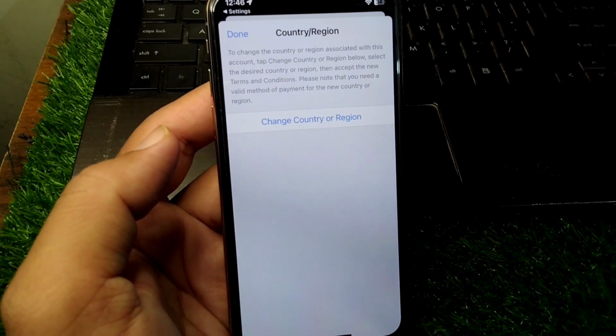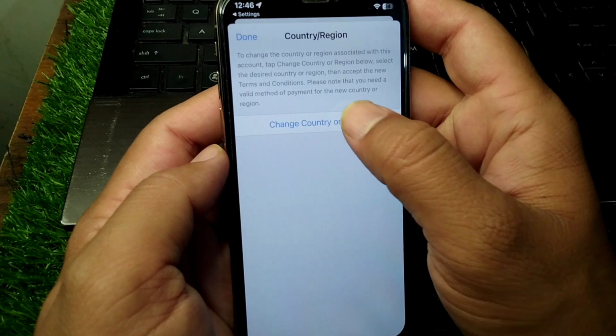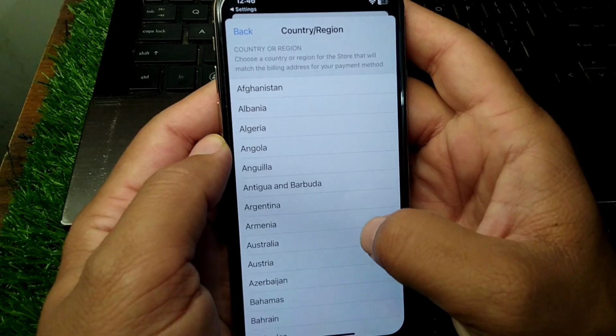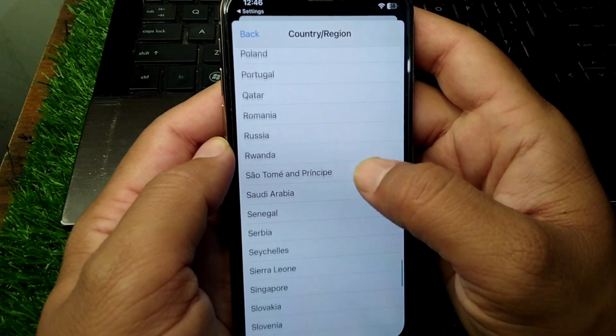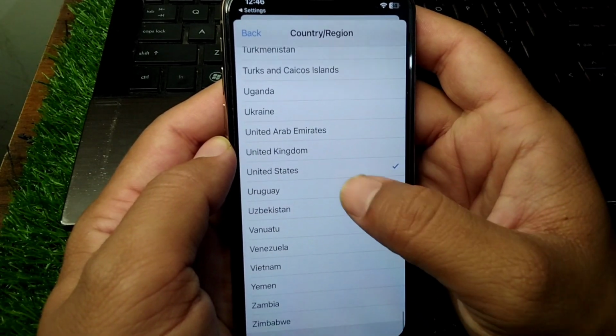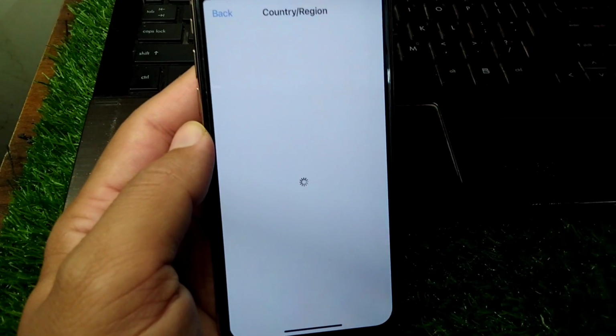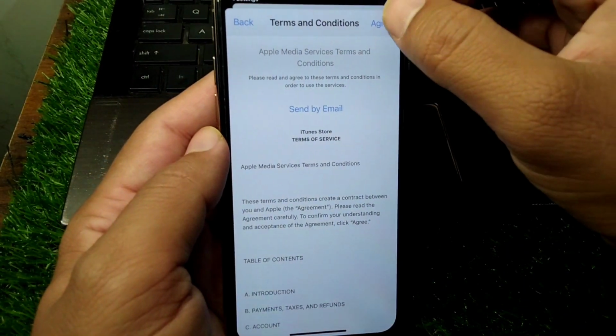Again wait for some seconds here and tap on Change Country or Region and select your country as United States from here. So guys, search here for United States and tap on Agree from here,